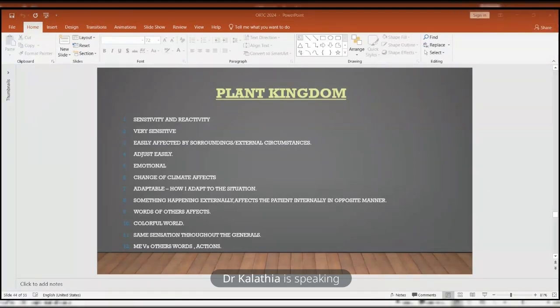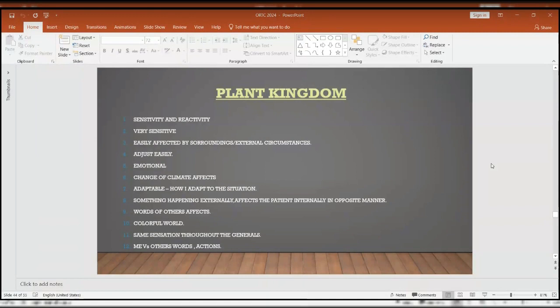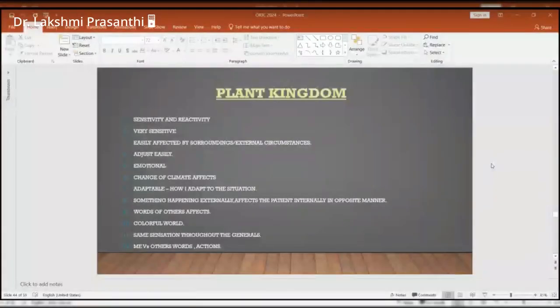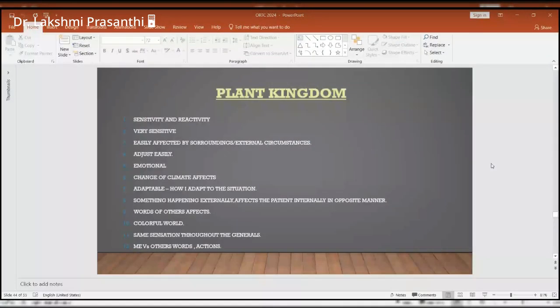Yeah, go ahead. So the plant kingdom deals with too much sensitivity and reactivity. The plant kingdom theme is all about being very sensitive. Every slightest thing, every small minute thing affects them. A lot of external circumstances, the external environment, the external nature, everything affects them, and they have to adjust according to the environment. They are very much emotional. A slight change in the climate, a slight change in any